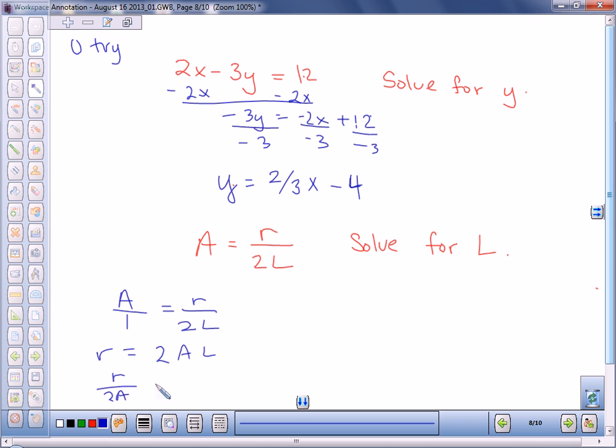My second one was, well, what if my students look at it and they don't think it's proportion? What would they do? So what you might be thinking is, I need to get this L out of the denominator, and since it's being divided, I should probably multiply it. So now I've got L times A